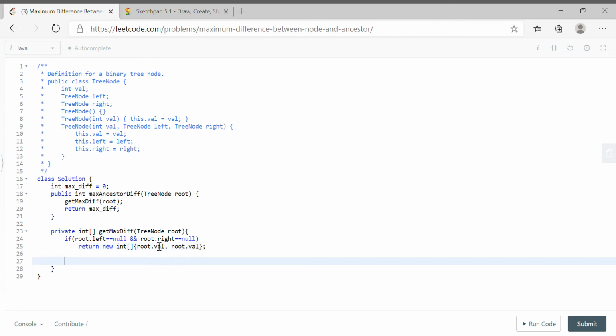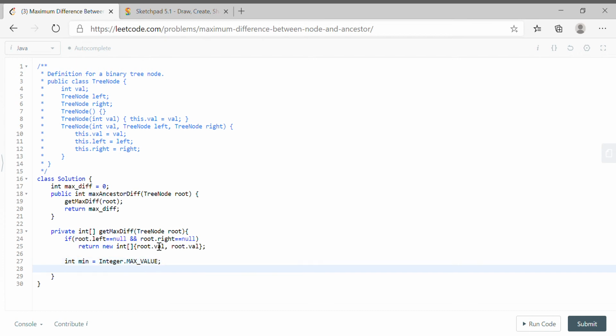Now we need to define int min equal to Integer.MAX_VALUE, and max equal to Integer.MIN_VALUE. You will get to know why I'm doing this.